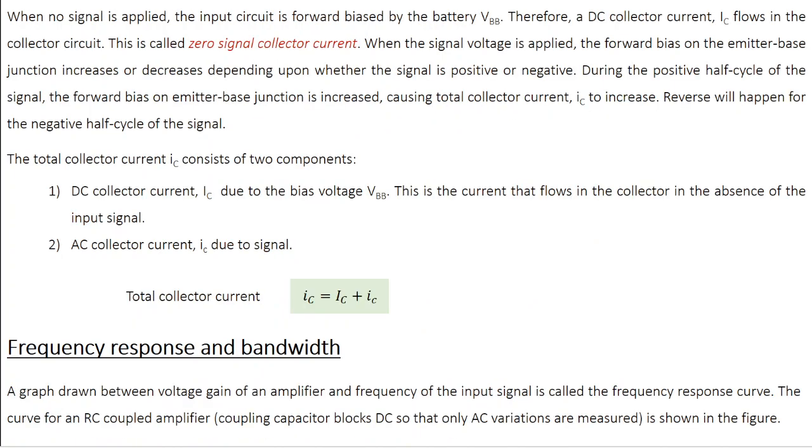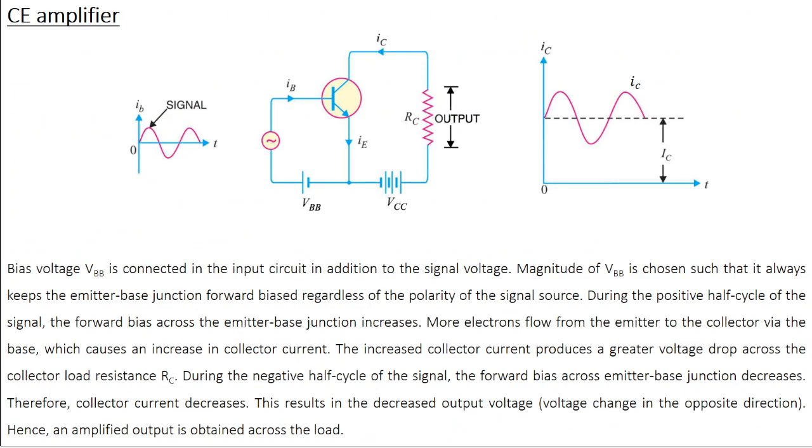Now, before winding up, I have an important question. You know that a transistor amplifier basically increases the strength of the signal, right? Suppose you have a 1 volt signal, it makes it a 10 volt signal. Now, does this mean that the operation of an amplifier violates the energy conservation principle? Because the conservation principle says that energy can neither be created nor be destroyed. It can only be converted from one form to another, right?